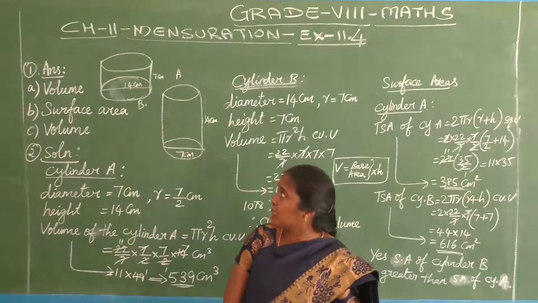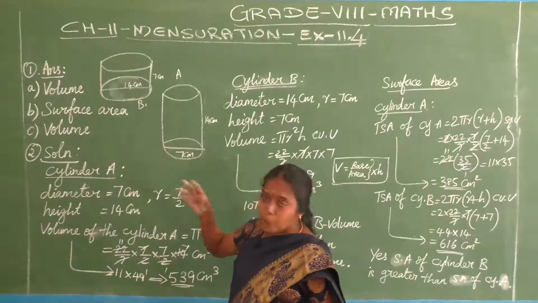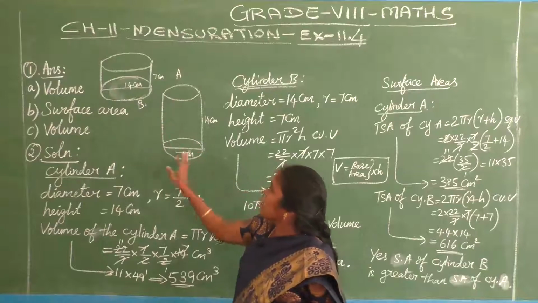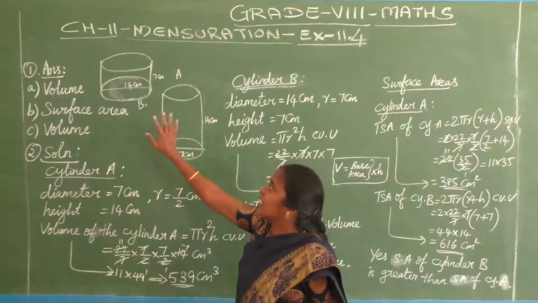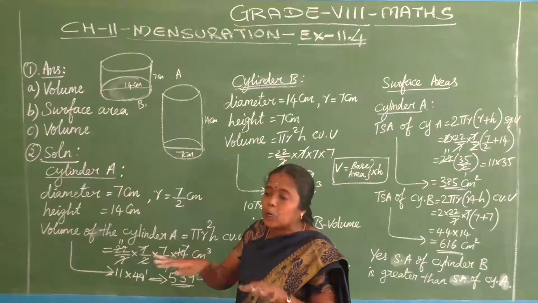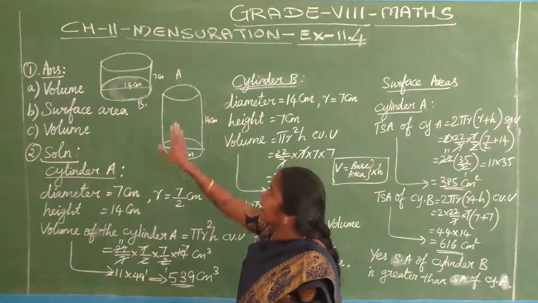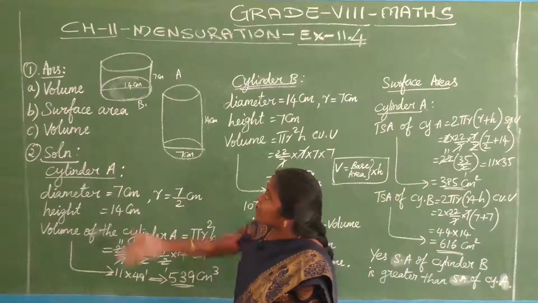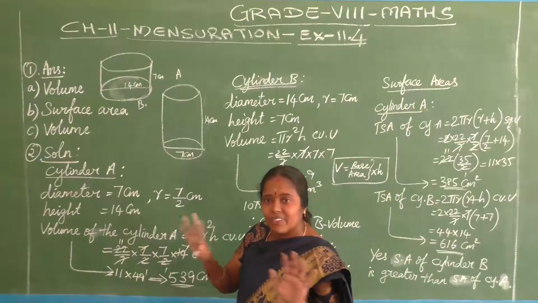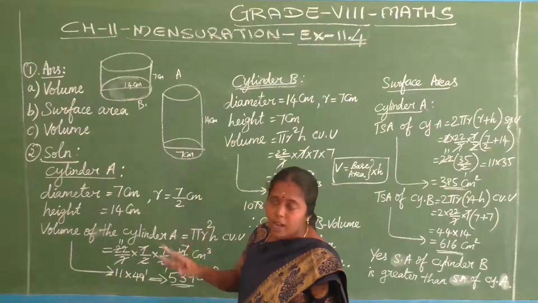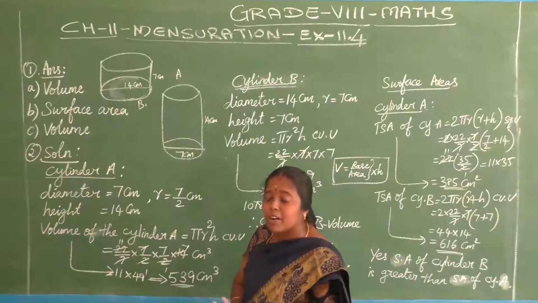Now what we are going to say, first of all, I am telling both have the same volume, because you also think like that, because 14, 7, 7, 14. Understood or not? Same measurements they have given. So without calculation, we can guess both have the same volume. Otherwise, somebody can think, ma'am, this is bigger height wise, we can choose this. Somebody can tell, ma'am, horizontally this is bigger, so we can choose like that. Anyhow, without calculation, we have guessed whether both are equal, or A is bigger than B, or B is greater than A. Now, secondly, what we are going to do?